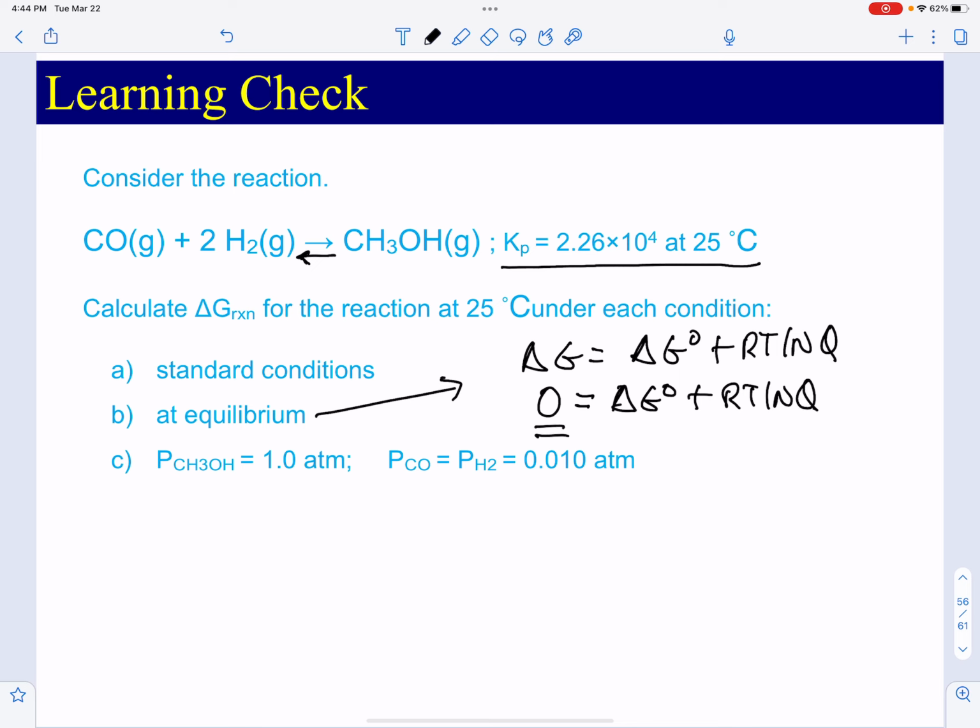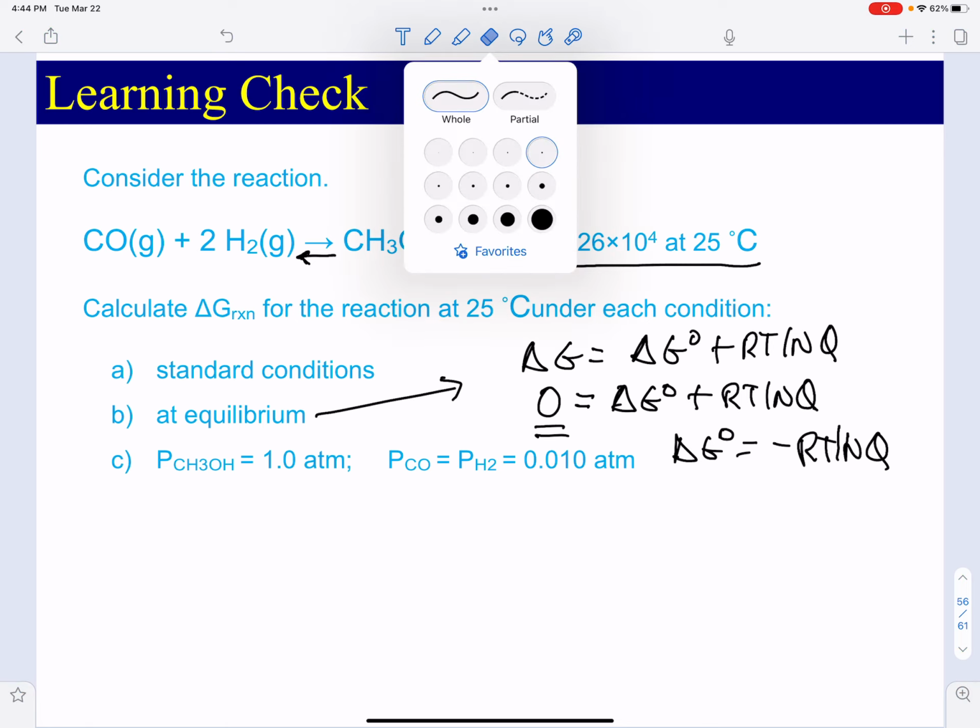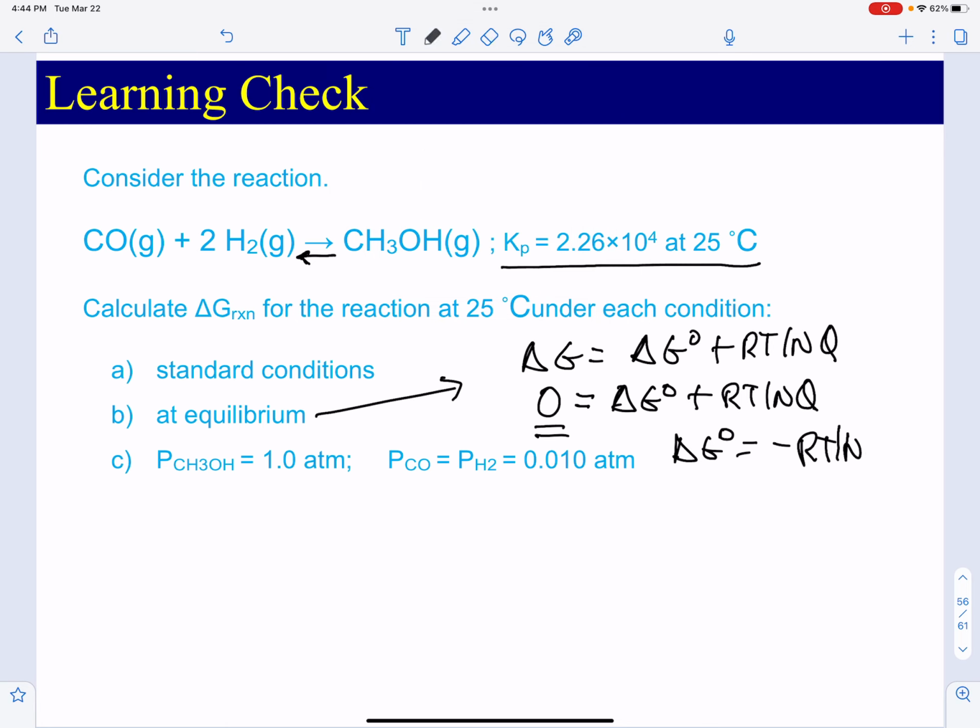So we can say that delta G is going to equal minus RT ln Q. And since we're talking about equilibrium, there's no such thing as Q. At equilibrium, this is K. So delta G standard, which is going to be our delta G now, is going to be equal to minus